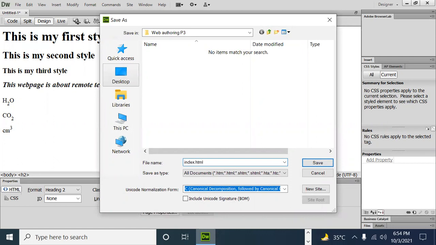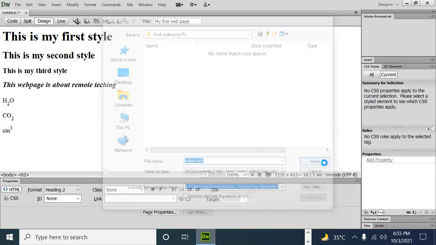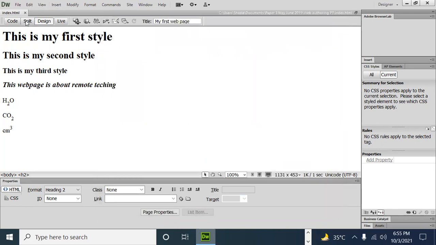You know why we select index? Because this is a rule set internationally by worldwide consortiums. They set rules and regulations that whenever you design a web page, the first page should be index.html. So we have to follow the rule. Just save it and close it.